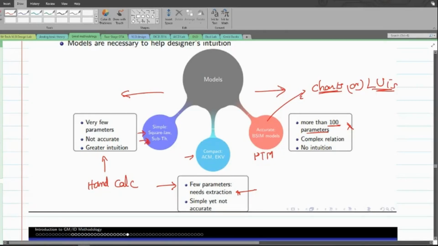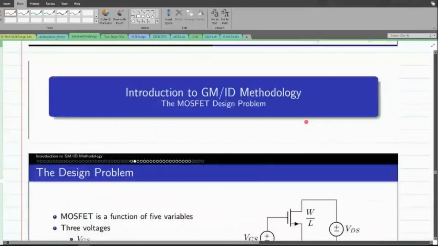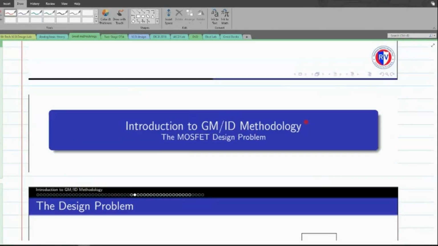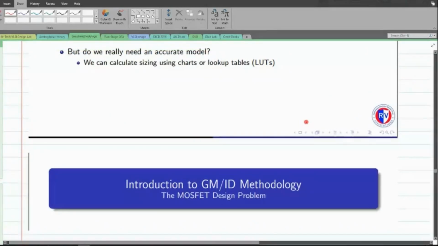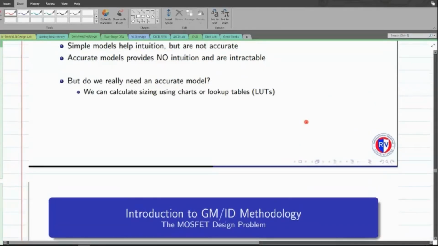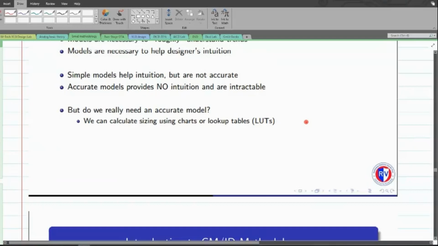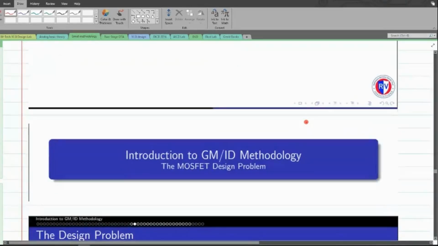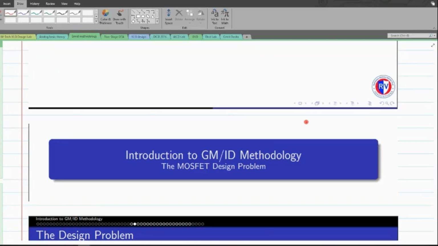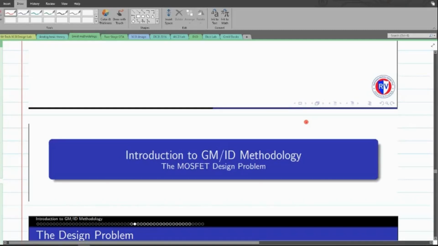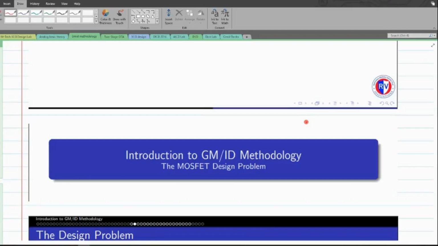Okay, so I can combine both these extremes to actually do the designs. Till now, we have spoken about the importance of gm over ID, and we have analyzed that there exist three different regions of inversion. We also saw the corresponding value of gm over ID that I have to have to operate my transistor in a particular inversion region. Later, we spoke about a model that we can use as a designer, without putting ourselves into learning some new expressions, to reflect the current in all three different regions of operation. So this is what we have seen till now.